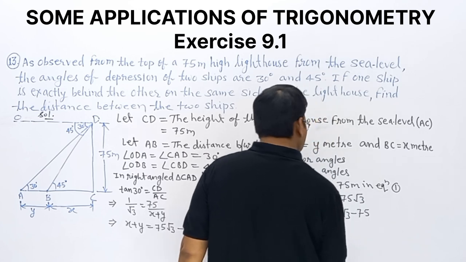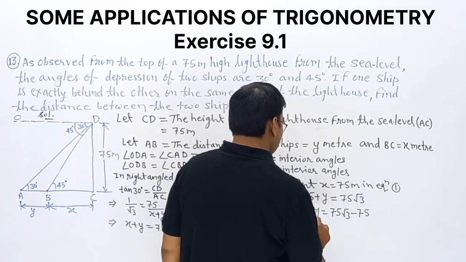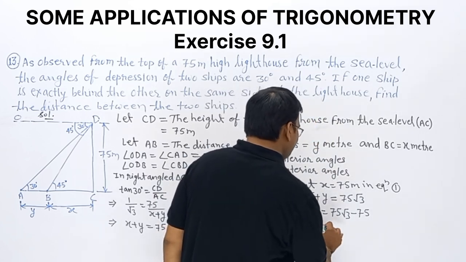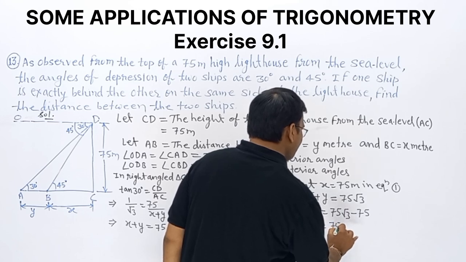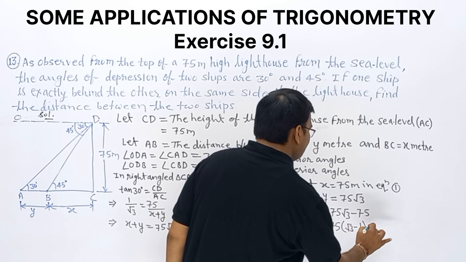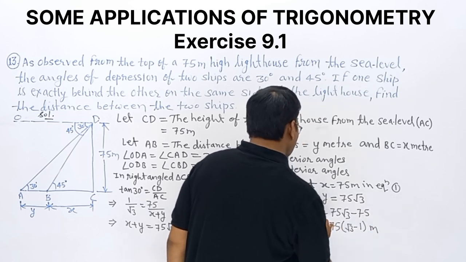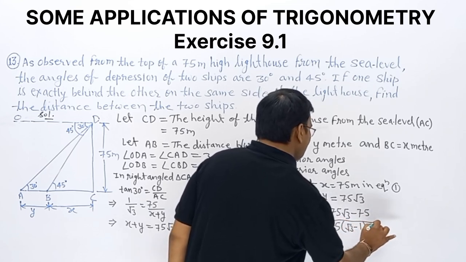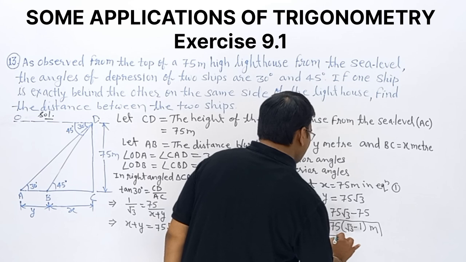Finally take 75 common on the right hand side, then what will be y? y will be 75 times square root of 3 minus 1 meter, and this will be the required answer, or we can say distance between